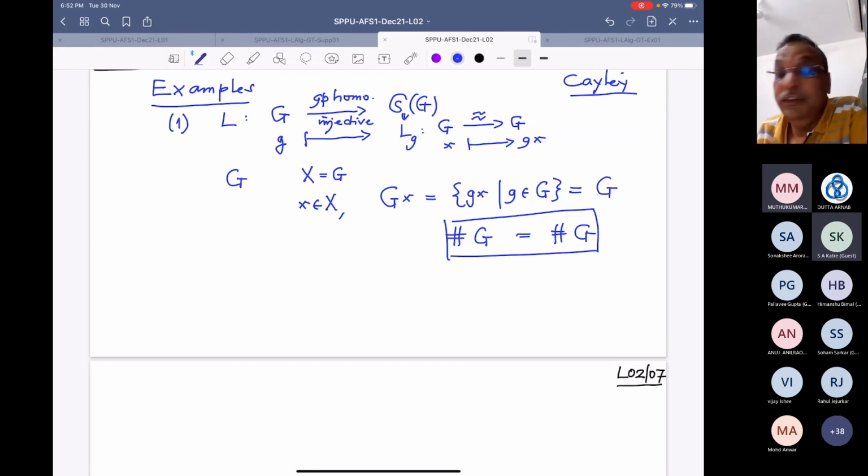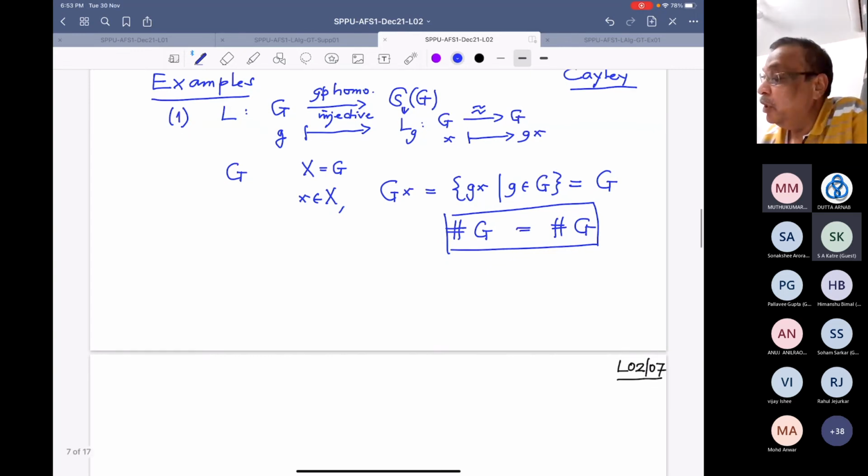But what is important is Cayley wanted to prove that every group G is a subgroup of a permutation group. And that is what the proof was. But now you see here, this is too big a group. S of G is very big. It's a permutation group on G. One would like to get a smaller permutation group, I mean cardinality-wise. Then only it will be optimal. All right. So that is a different issue.